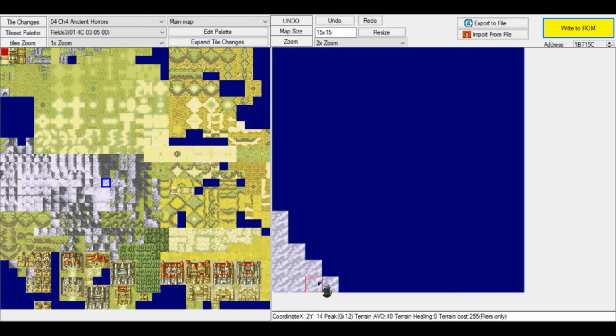So this will become a mountain eventually, and I will teach you how to make a mountain. Making mountains is probably the hardest thing when it comes to creating a map. Mountains are absolutely ridiculous. So I will already, before I forget, place a small mountain here.